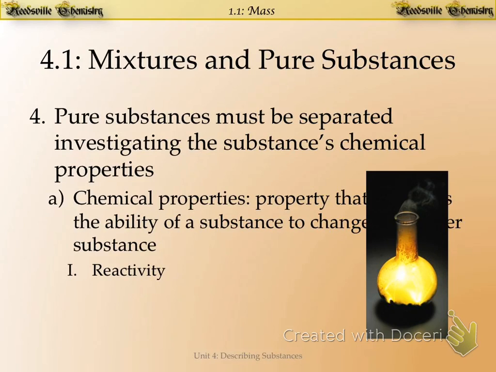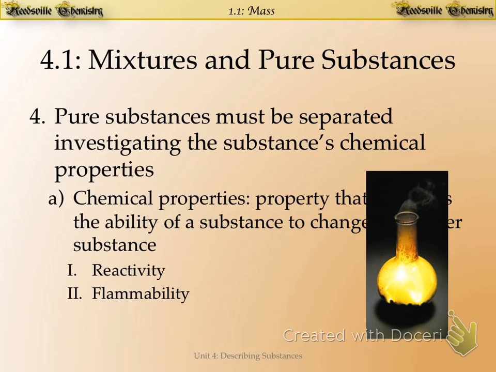If we take sodium metal and we put it into chlorine gas, like I've done in this flask in the picture, or I haven't done, but the picture is showing, we get a very aggressive reaction. The result is actually table salt, NaCl. So very inert, very easy, non-harmful material. But we see the reaction between the sodium and the chlorine by themselves is quite violent. Okay, so we can take a look at that reactivity and we can describe a substance based upon it.